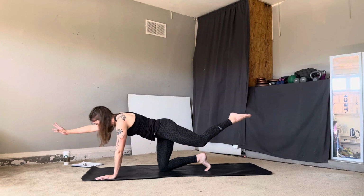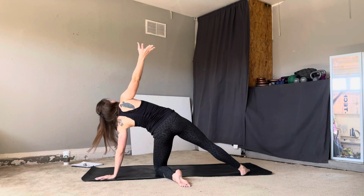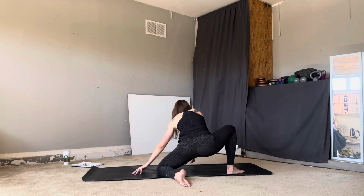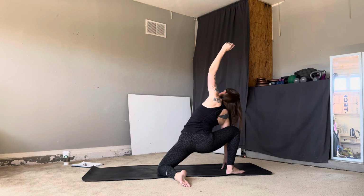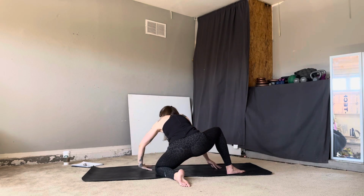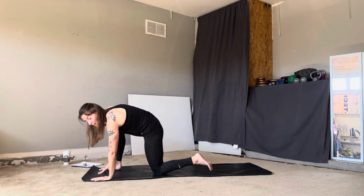Breath in to extend. And breath out. Left knee finds the floor. Windshield wipe. Open up to your gate. And then pivot to the back of your mat. Open up in any way that feels right for you today. And then we're going to square back up towards the top, stepping outside of the right hand with our right